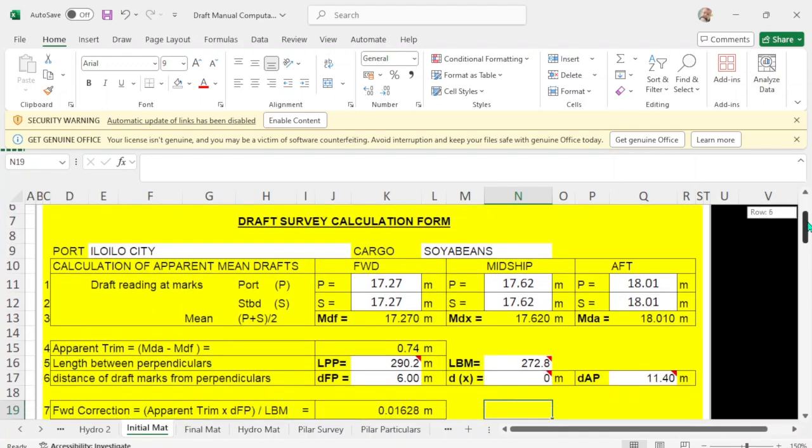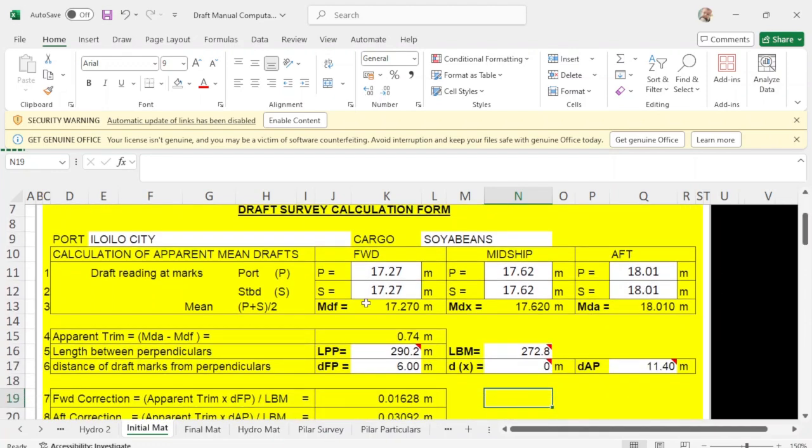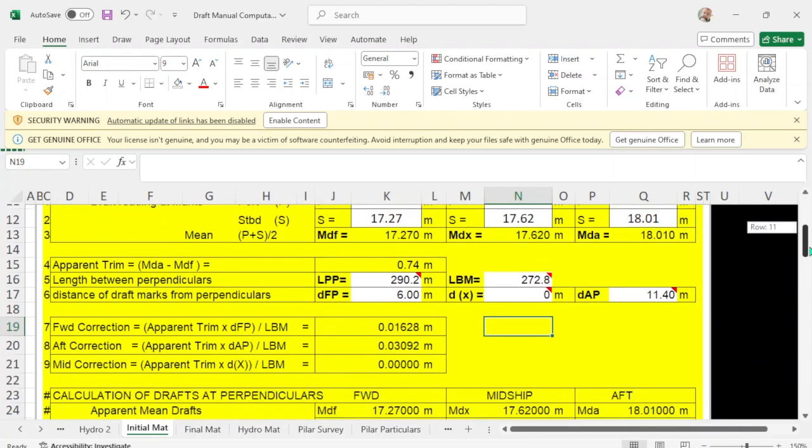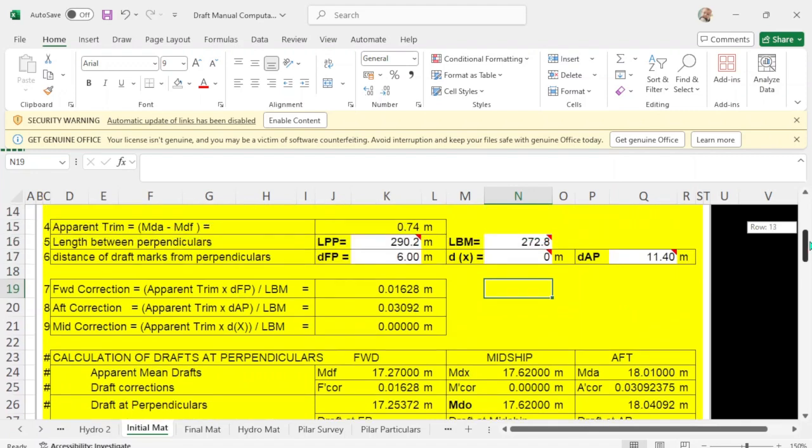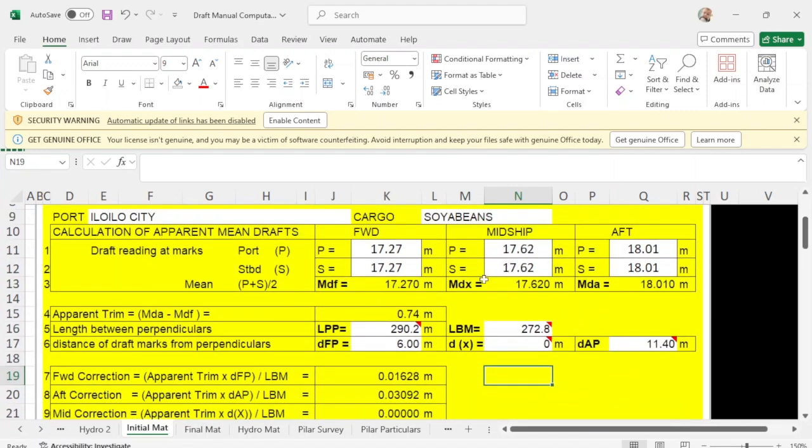And here forward is 1727, mid 1762, aft is 1801. Then just put in the draft, put in the LPP, the LBM, the forward correction and aft correction.